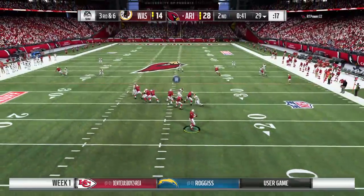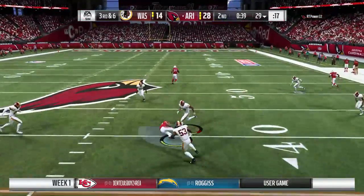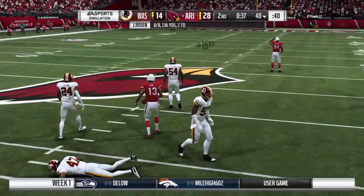Rosen off the play action. There's the first NFL catch for the former